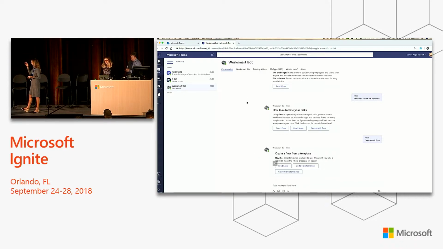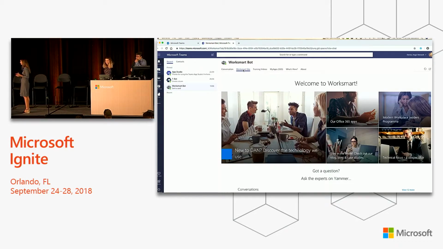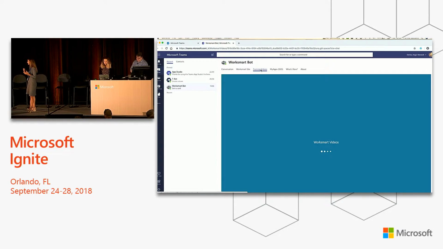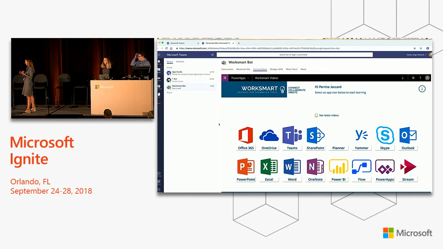But what about the tabs at the top? This is a core capability of a great bot. So here, what we've done is we've tied up our ecosystem. We've got the apps in Teams, and we can now see that we've got our WorkSmart site here, not siloed. If we click through to the training videos, we've also created a Power App. In that Power App, we've got all of the Office 365 videos. Interestingly enough, here, what we've done as well is cater for our other languages, for people who don't necessarily speak English.